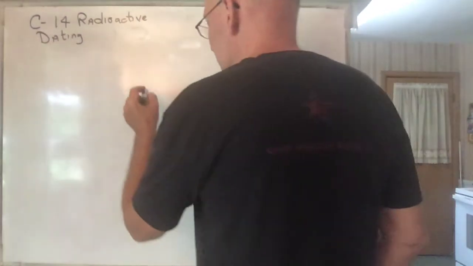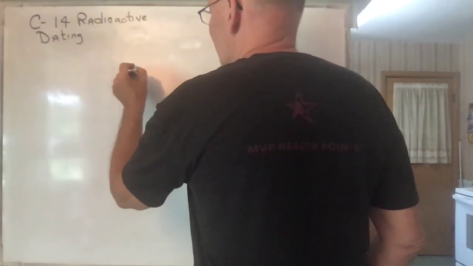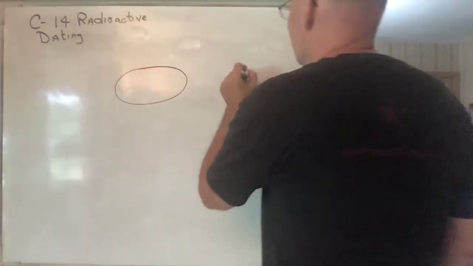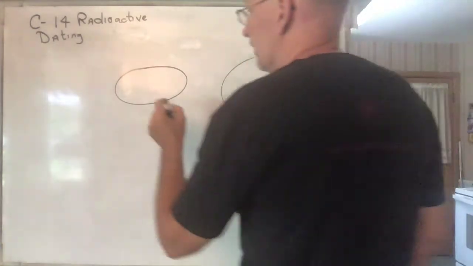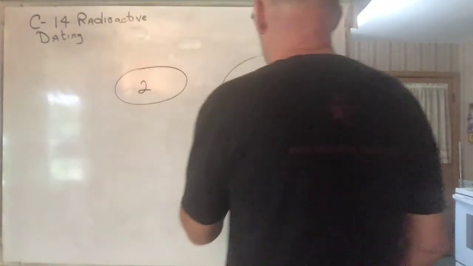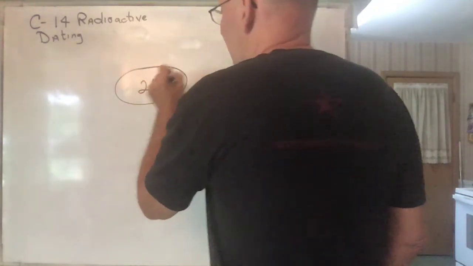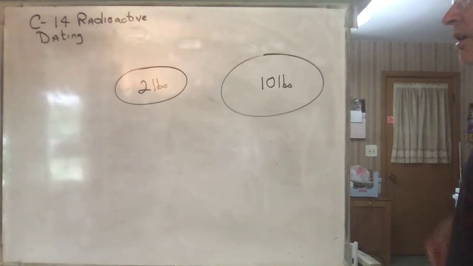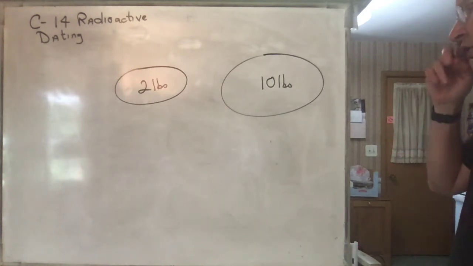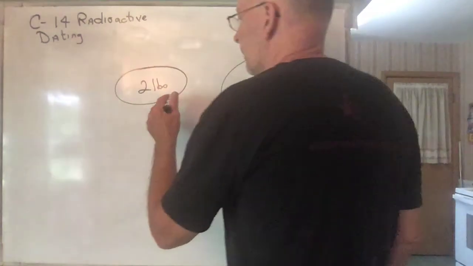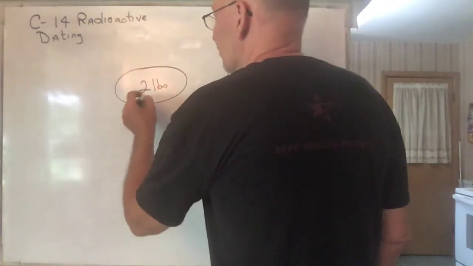Suppose you have 2 lumps of carbon-14, something like this, and here you have a bigger lump, and say this is 2 pounds, and say this is 10 pounds. Okay? And it's all carbon-14, and you leave it for, say, 50 years. I'm not sure exactly what the numbers are, or 100 years or something like that. Maybe you leave it for 100 years, and you come back, and some of this carbon-14 is turned into